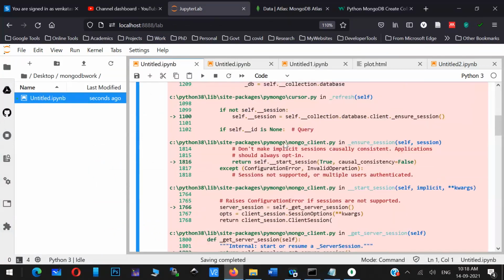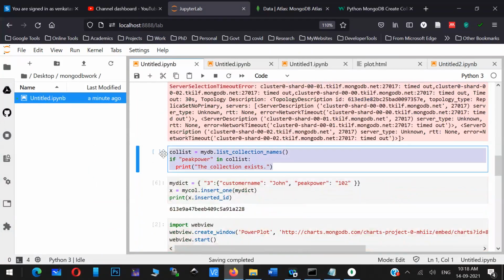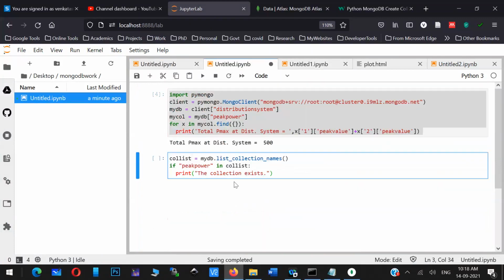Now let me do some insert operation. Okay, so let me take up some insert operation. So now what I'll do, I'll just take this one. So I'll just take the collection. Okay, so this is just to check whether that collection is there or not. So what is my collection? Collection is peak power, right?